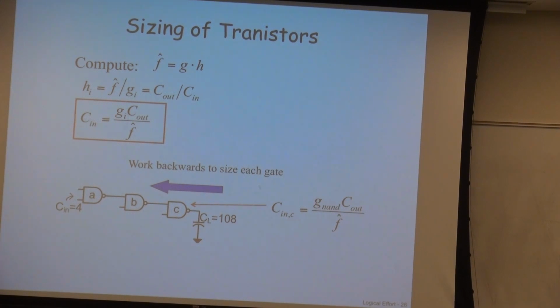Now if I call this C1 and this C2, the question is, what is the value of C out by C2, which will be equal to H3. Now, from this